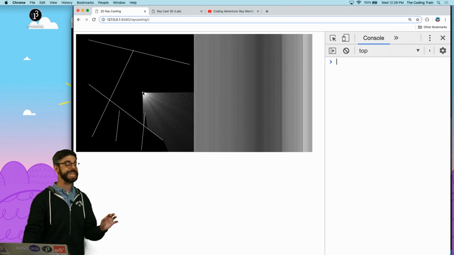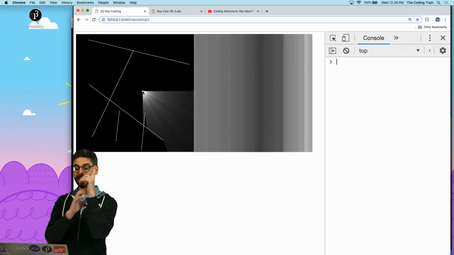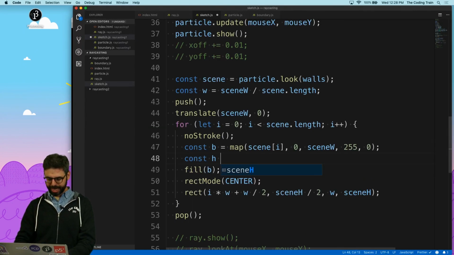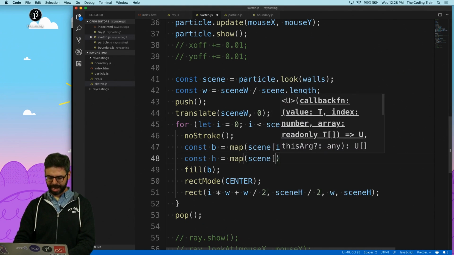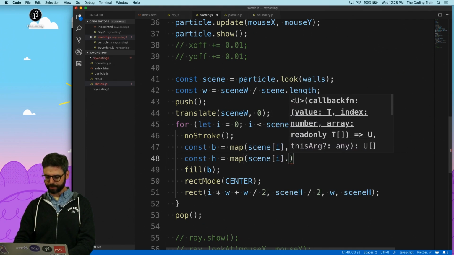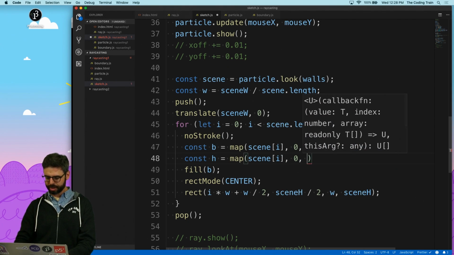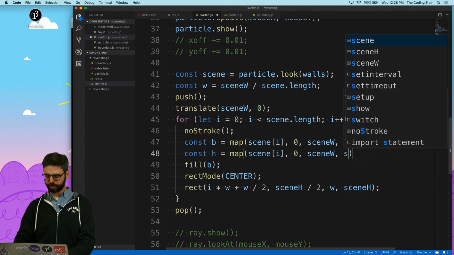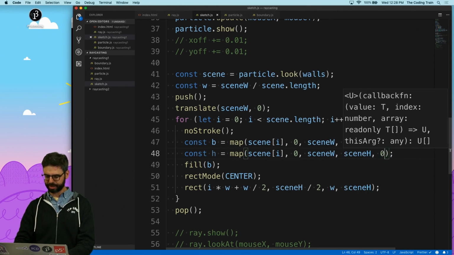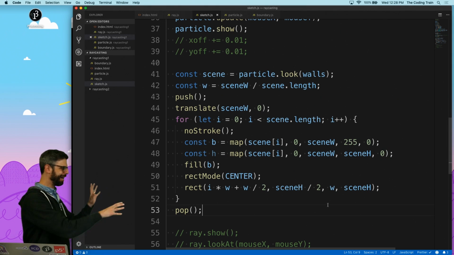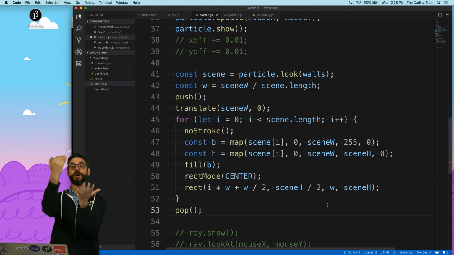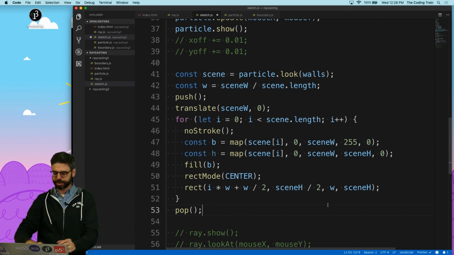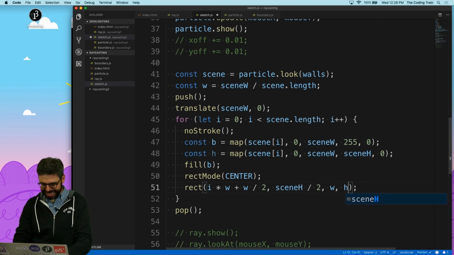This is the same exact thing, but now that I'm drawing the rectangle from the center, its height could also be mapped. So I could say the height is mapped scene index i with some maximum range between 0 and scene w to between scene height and 0. So what I'm saying is the further away, the shorter the height. The closer it is, the taller the height. So now if I put h in here,